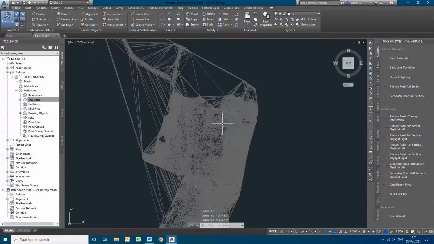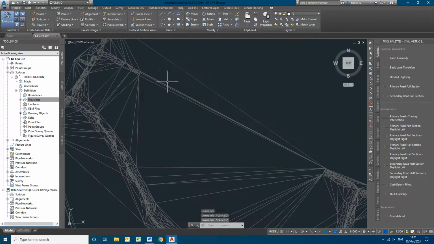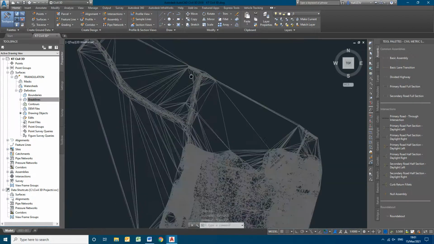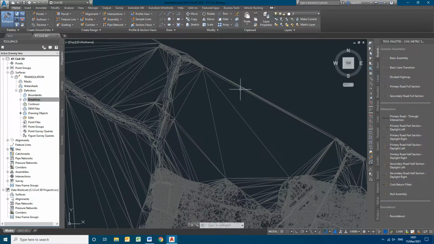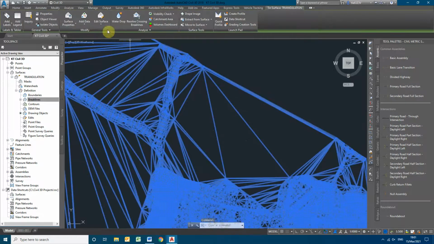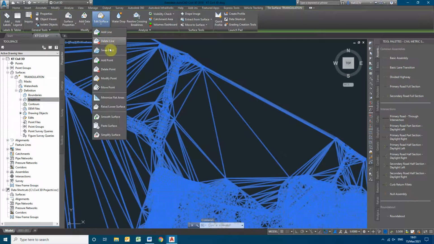Now in case we have to trim the triangles as per our requirements, there is some triangulation that happens in the open space by connecting all the elements to the nearby elements. This can be done by editing the triangulation. So this is edit surface. You can simply delete the lines, points. You can add the lines or just delete points. Most of the time, it will be deleting the line.